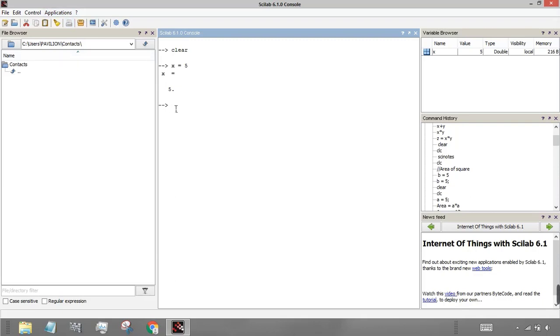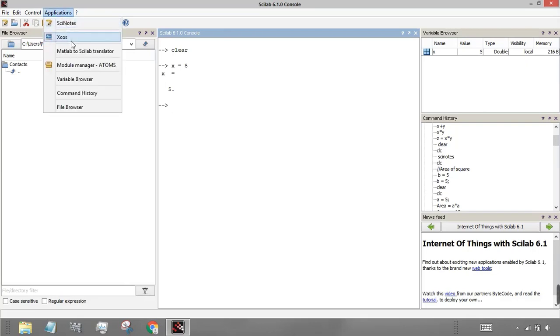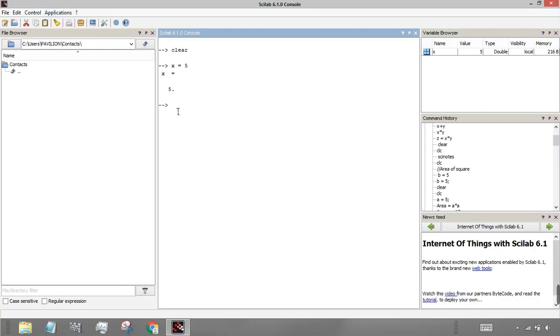So how to do that in the console. Then we will see these operations in Scinotes and then Xcos. So for doing the addition of two variables, I have already created the x variable, so I'll just create another variable named y. As you can see, it has automatically got stored on the right hand side, x and y.